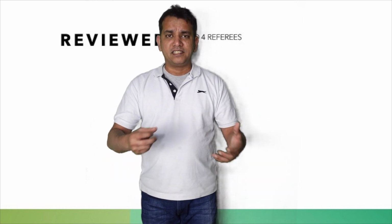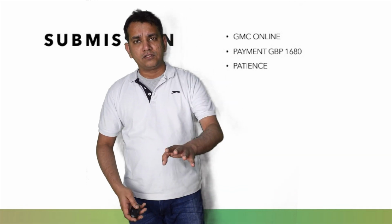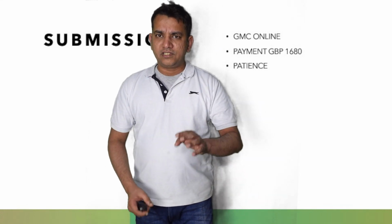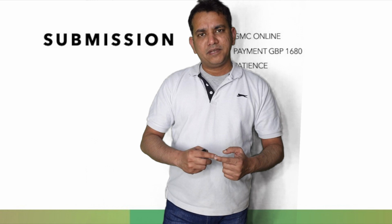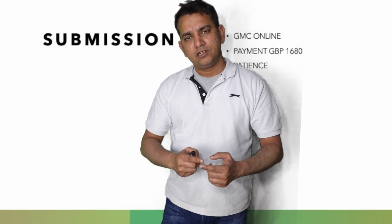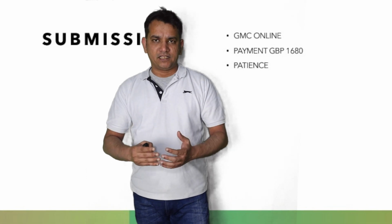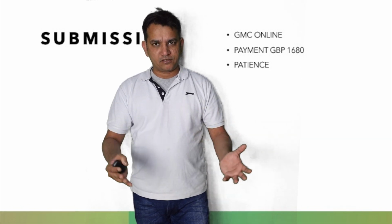Once everything is accumulated, you need to submit a scanned version of all these documents to the GMC along with at least 4 referees. You need to submit this application on GMC Online. Send an email copy of your CV to the referees and tell them what will be expected. You will need, after submission, to follow it up with them, because of how the process works,